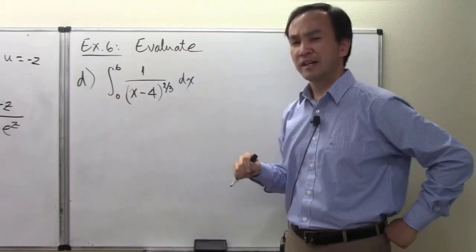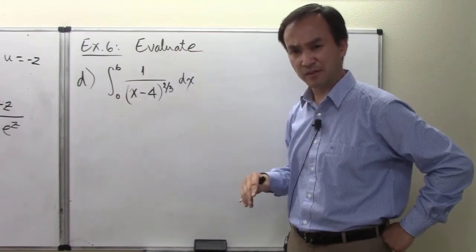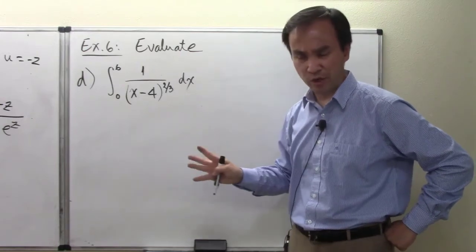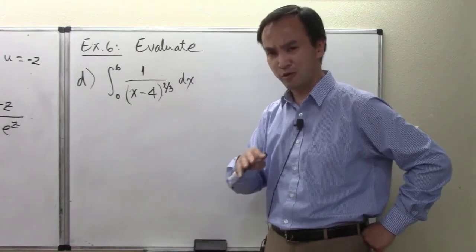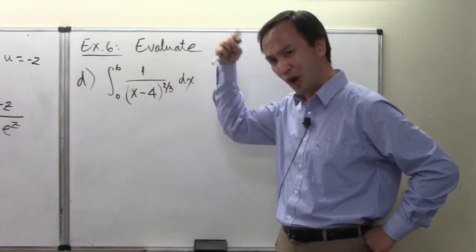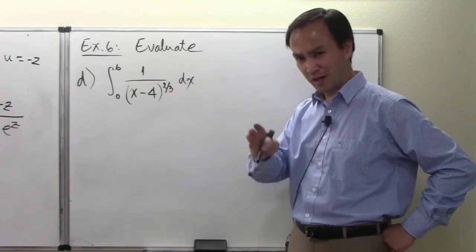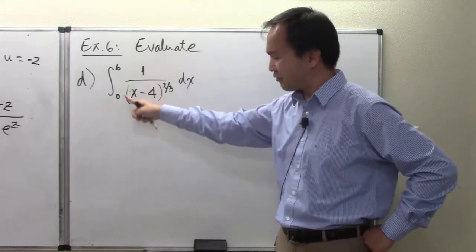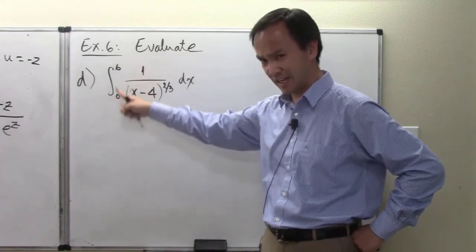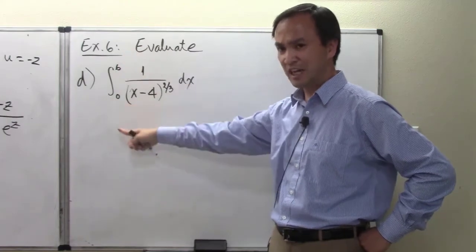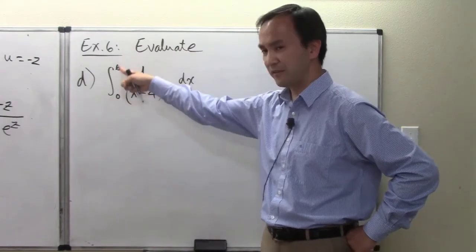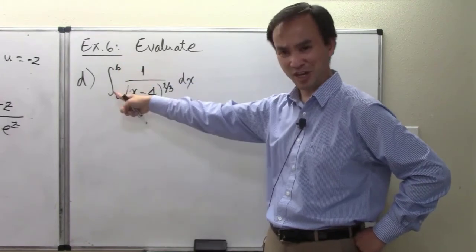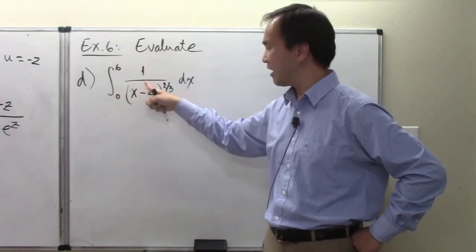Now, let's identify the kind of improper integral, even though I will never require my students to specifically indicate what kind of improper integral that is. But it's good to know it so that we can come up with the correct plan for it. So the improper integral here seems like it has a definite integral interval, but it's not, because when x equals 4, which is a value somewhere between 0 and 6, we will have a discontinuity for